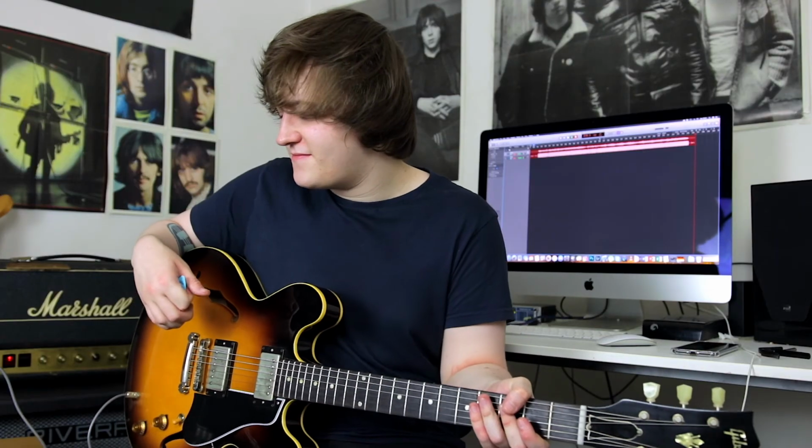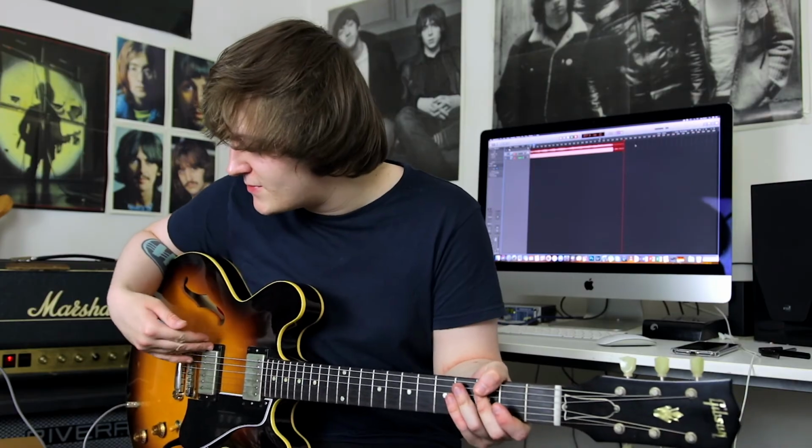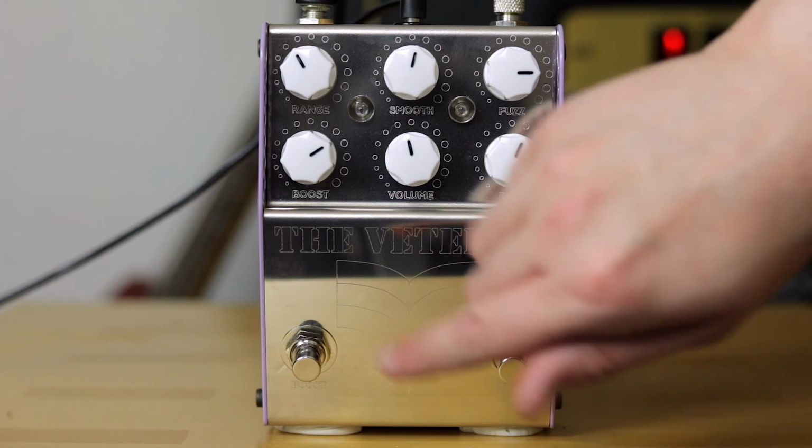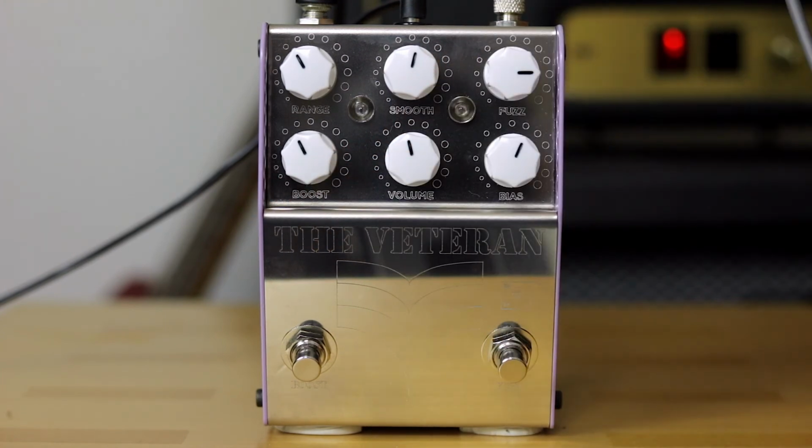Really great fuzz sound. Again, it just handles the humbucker so well, especially with that smoothing control, but even sounds good all the way up. So let's check out the boost side again with the humbuckers. So without,